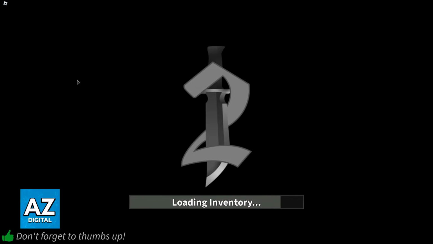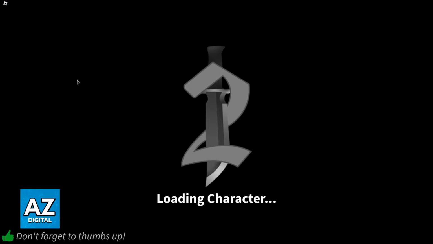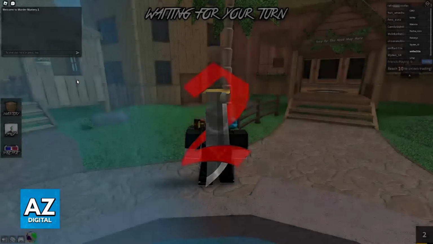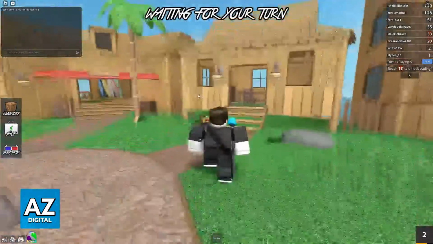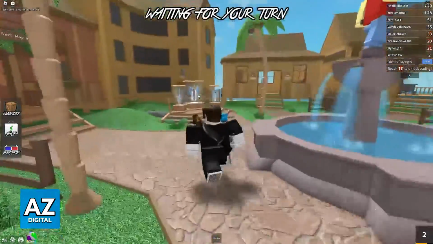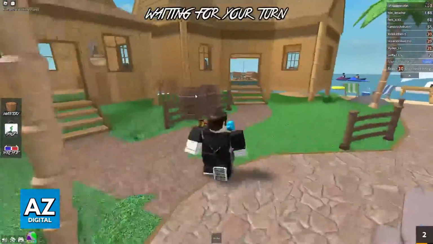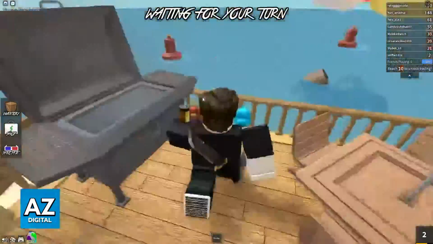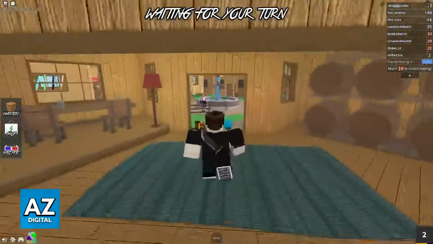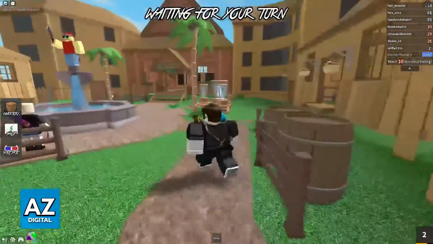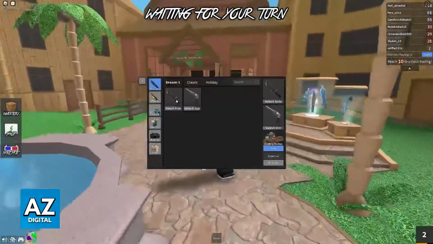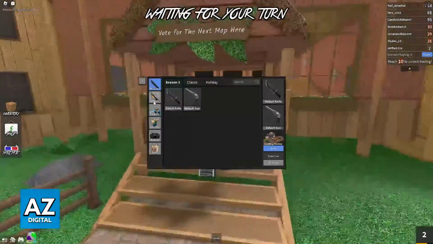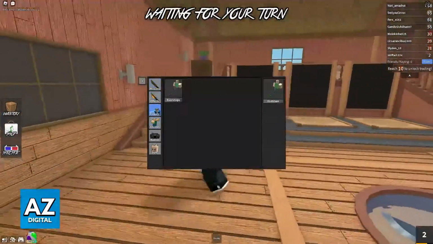Immediately upon joining Murder Mystery 2 on any platform, you will be able to start playing. You will get instructions on how to play, how to change the game mode, and you will log in immediately. If you are doing this process on a mobile device, you will have to choose between the mobile layout or if you are playing on a tablet because the menus are going to differ. So just choose between phone or tablet, and once you get in, you just have to wait for your turn to begin. You will be able to see your inventory, equip effects, powers, and so on.